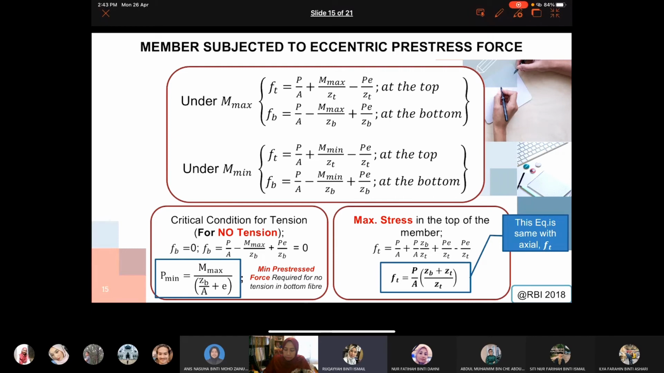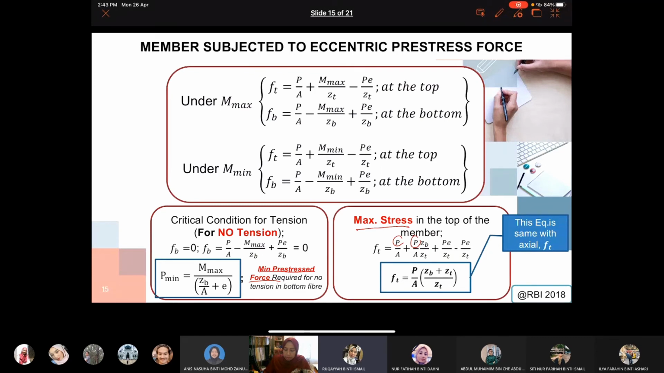Then we can equate the values of your minimum pre-stress force. So minimum pre-stress force is equal to M maximum, moment maximum, divided by ZB over A plus E, eccentricity. So this will give you the minimum pre-stress force. Okay, so with the minimum pre-stress value, you can evaluate what will be your maximum stress. You can include your minimum pre-stress force in the equation, then you can evaluate what will be your top